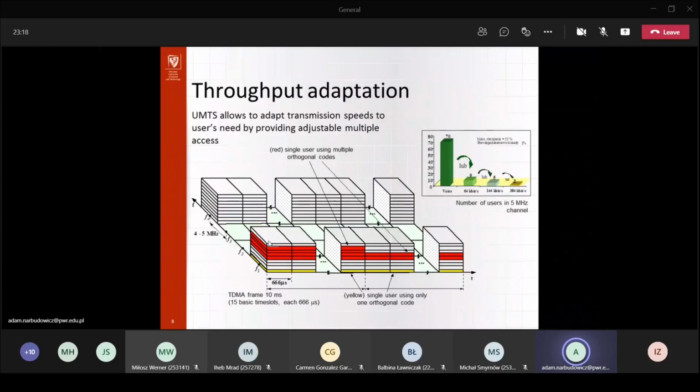But what it actually allows is adaptability in the sense that with the GSM, the time frame, the time slots, and the frequency channel, that was kind of fixed, right? Whereas here with UMTS, you can adjust your FDMA and TDMA and CD code in accordance to the access,